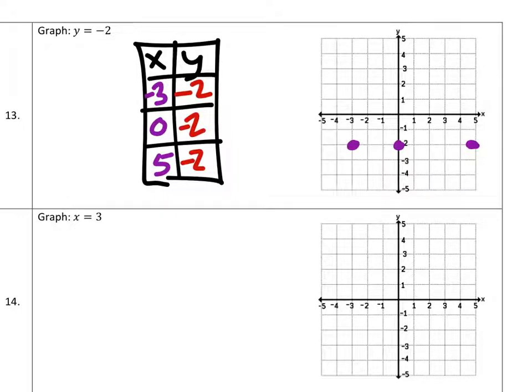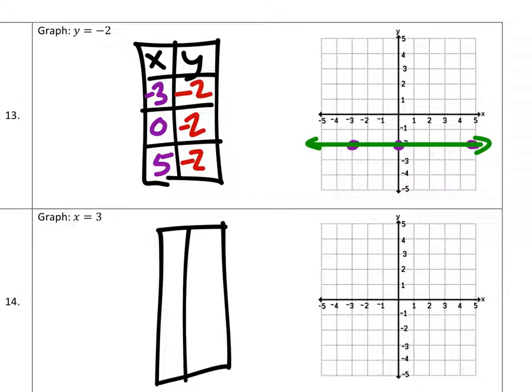So that gives us this line, like this. And then this one here, x and y, but this one tells us x is 3, so let's replace the x values with 3, because x is just going to be 3 no matter what. And now again we get to choose values of y, so whatever you want there,